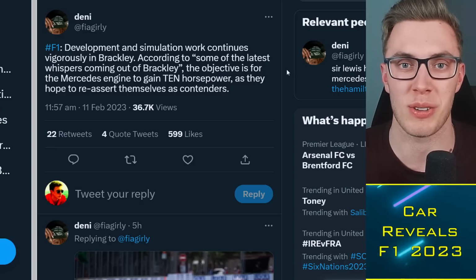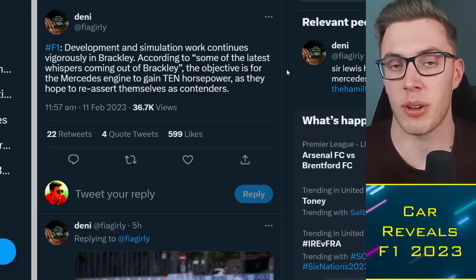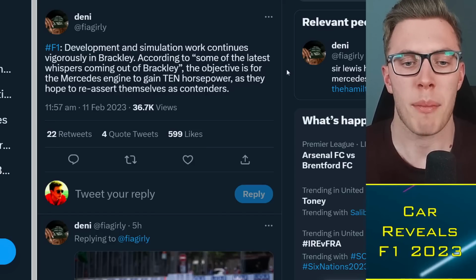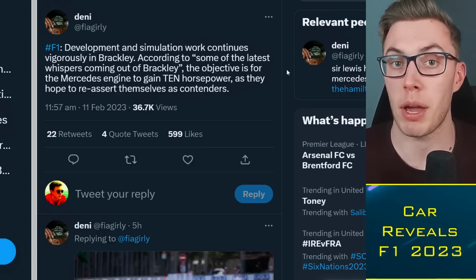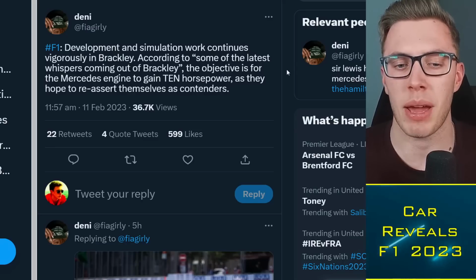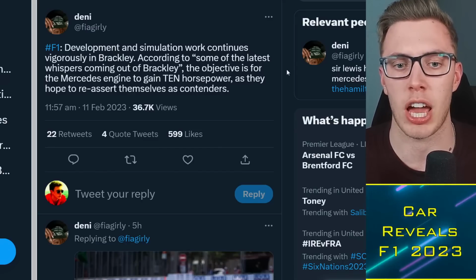So, well, it won't be Alonso's engine anymore. I guess it'll be Gasly, so it doesn't blow up every other week, to be honest. But yeah, Mercedes trying to gain some horsepower. Ferrari will be able to. Red Bull might be able to as well. But yeah, some engine power update obviously is always a good idea, especially if Mercedes can keep their reliability,